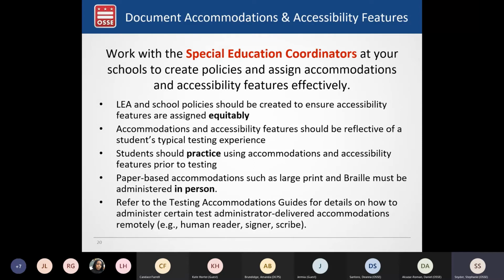And just a note too on this slide that students should practice using those accommodations and accessibility features using a practice test before the actual assessment administration, just to make sure that they're comfortable with it and understand how things function. And OSSI has also developed testing accommodations guides that are available on the website that provide many more details on how to administer certain human delivered accommodations, specifically remotely. And they also provide more guidance and considerations for assigning accommodations and accessibility features.